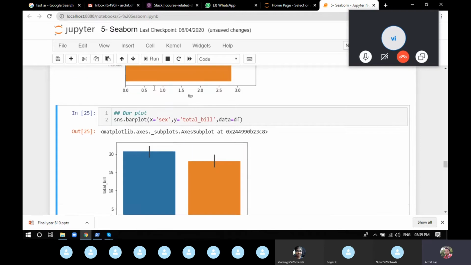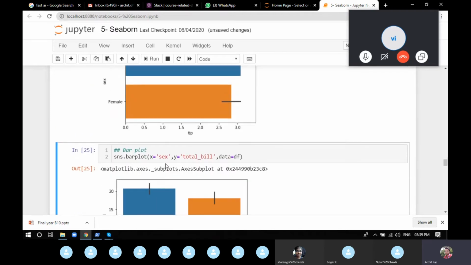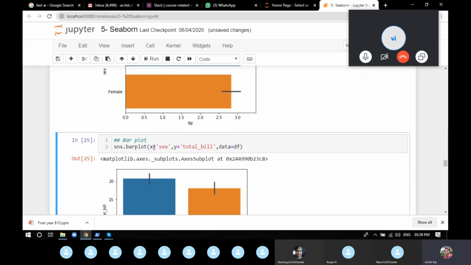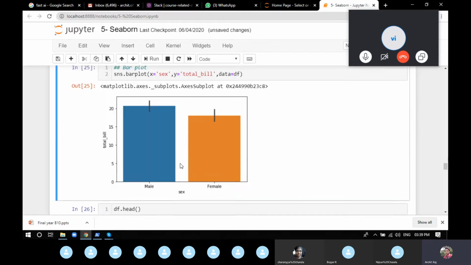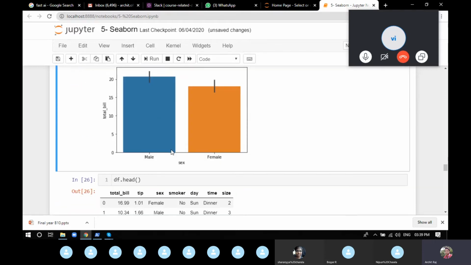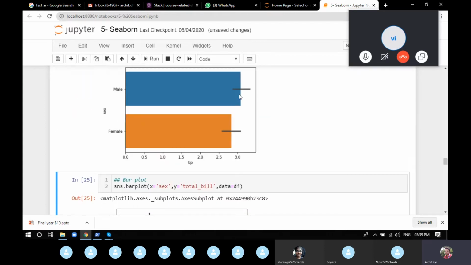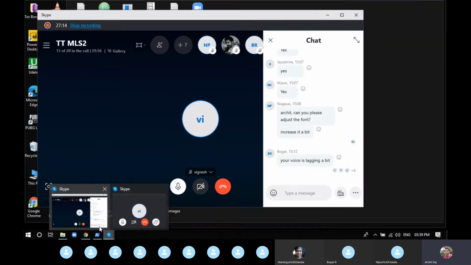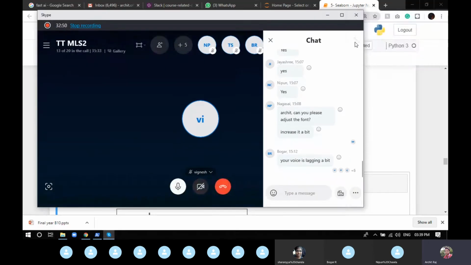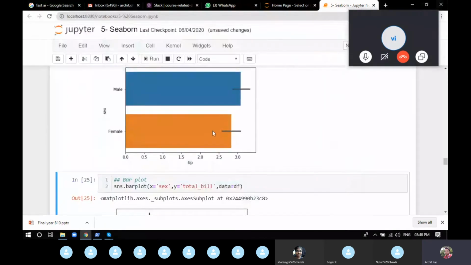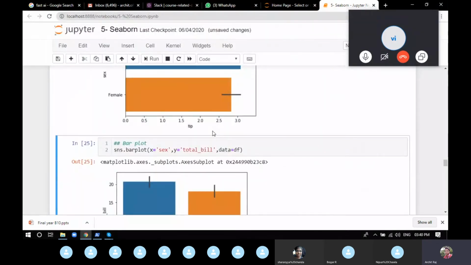Now the same thing that we printed here, we want to just reverse it. So for the value of y, we gave the value of x, and for the value of x, we give the value of y. So the graph has been printed. Now there's one task which I want to give you. You can see this one small bar on the top of each and every bar. These are called error lines. I want all of you to go on the internet or wherever and try to find out what exactly these error lines tell you.